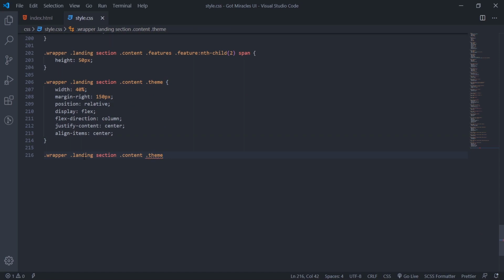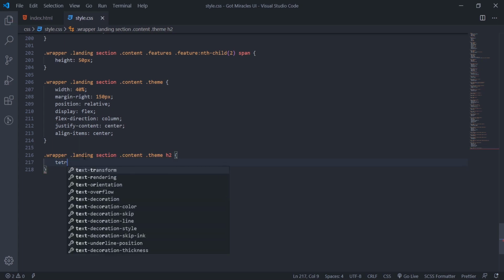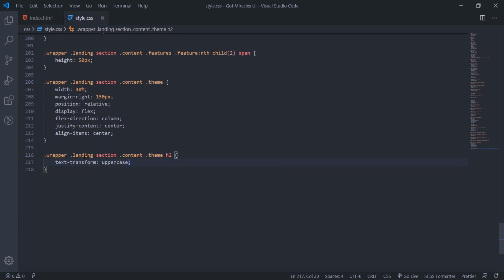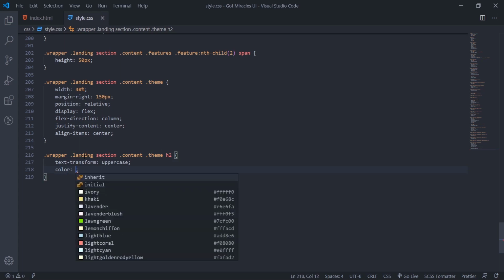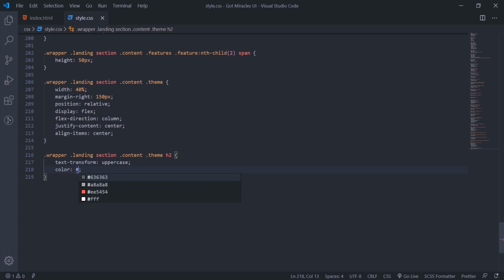I will target the h2 inside the theme. I'll transform the text to uppercase, and the color will be #EE5454.